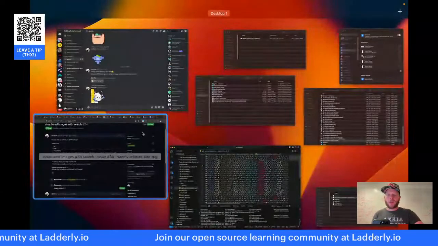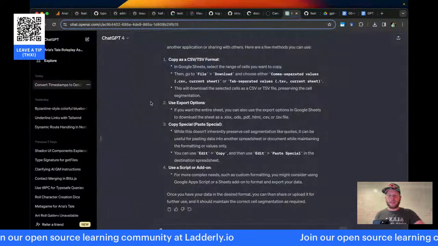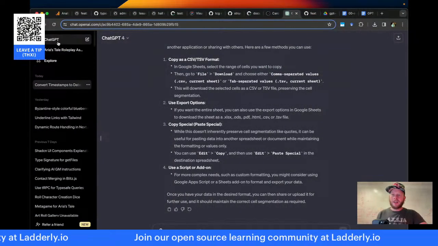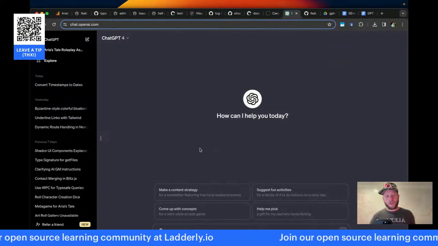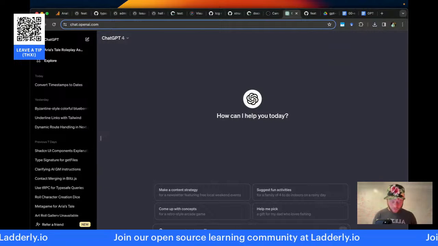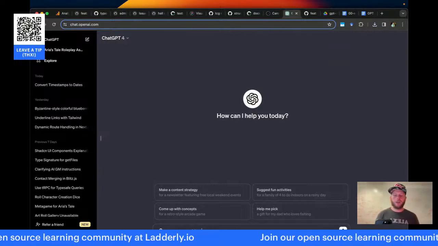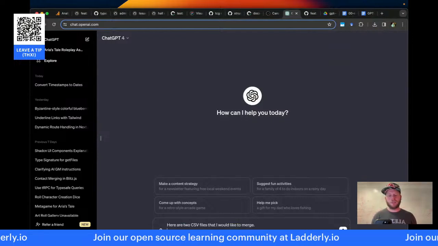Okay. What I'm going to do now is totally exit the existing context of this thread, and I'm going to create a new thread because I don't want GPT to get confused and refer to old instructions. So we're getting a fresh thread, fresh context window. I'm going to say here are two CSV files that I would like to merge.